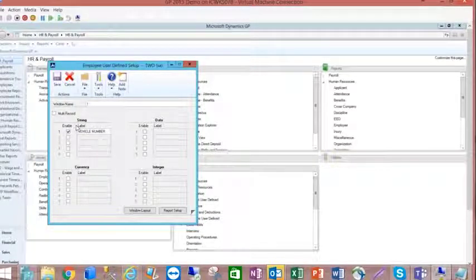So in my user-defined fields, I have 5 string fields, 5 date fields, 5 currency fields, and 5 integer fields, of which I can use. So these are fields that have no data, have not been defined, and you are now able to enable them, as I've done with this string, and I've decided to track a vehicle number. So you can enable them, label them, and then they will show up in your employee maintenance screen,